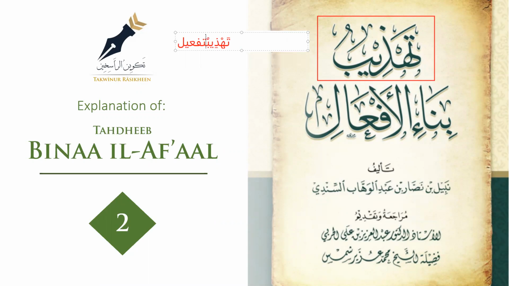With regards to bina, for example. Now we have the word here, bina. What do you think is the wazn of bina? Where are the root letters? Replace the root letters with a fa, ain, and lam. Retain the additional letters as they are, as well as the harakat. What do you think is the wazn of bina in al-mizan al-sarfi?